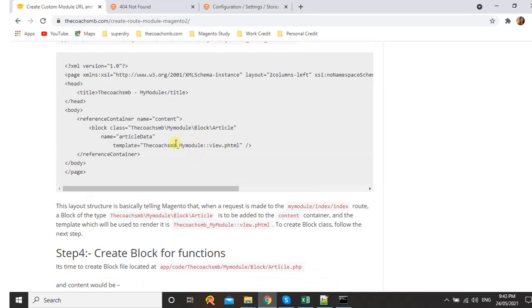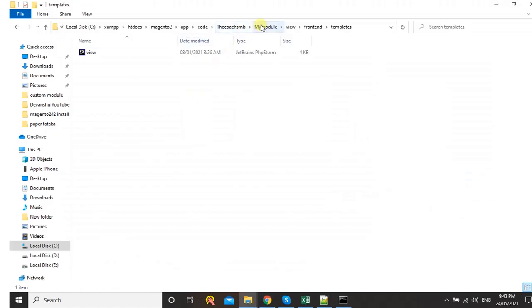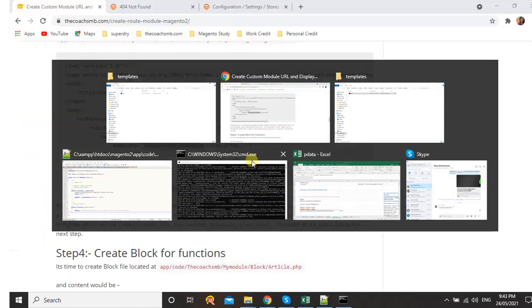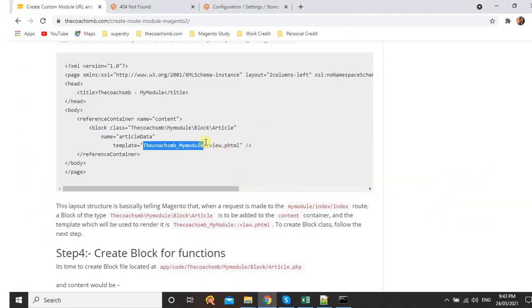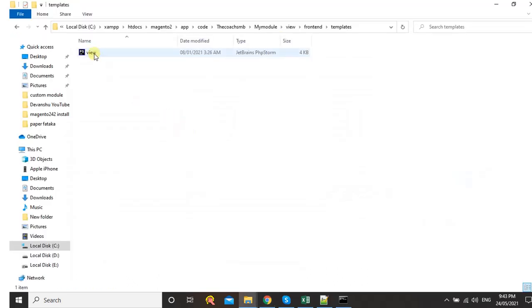See, the Coach_HTML underscore module represents up to this path. Okay, layout templates will take this path. And what is the view.html? This file. What if we have a folder like